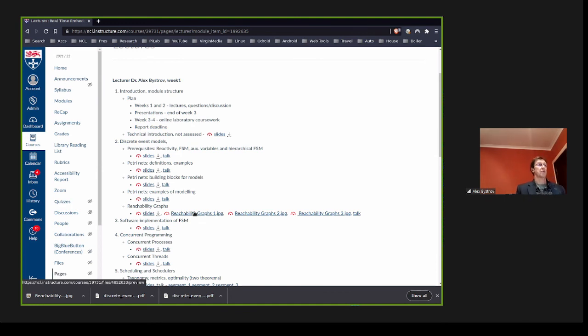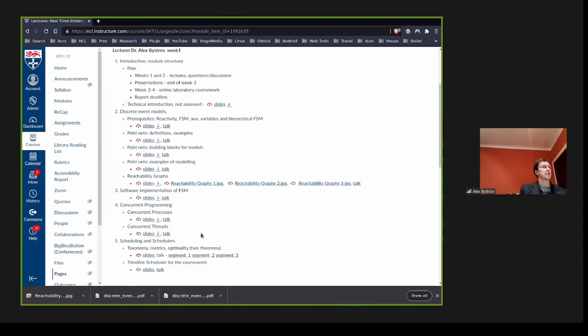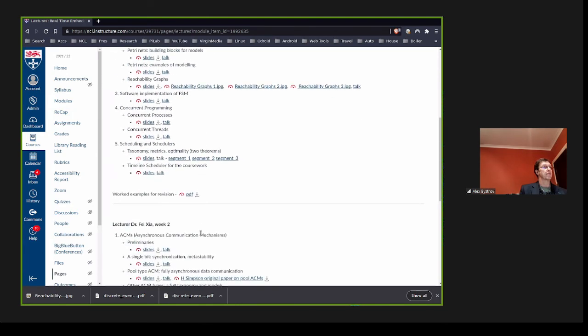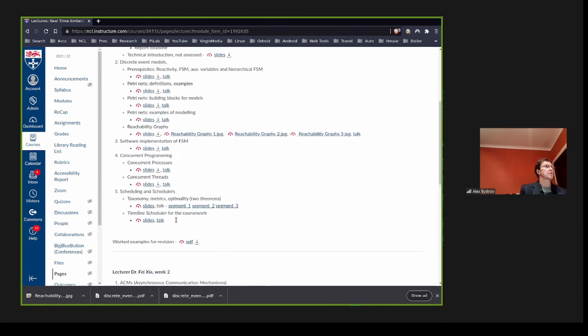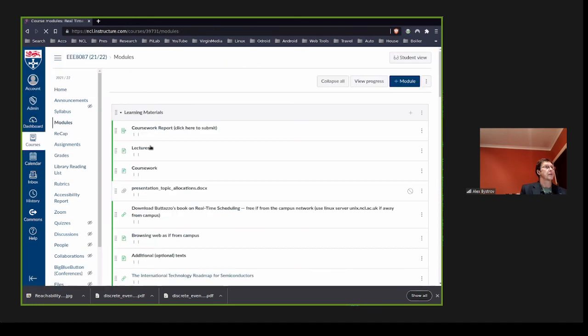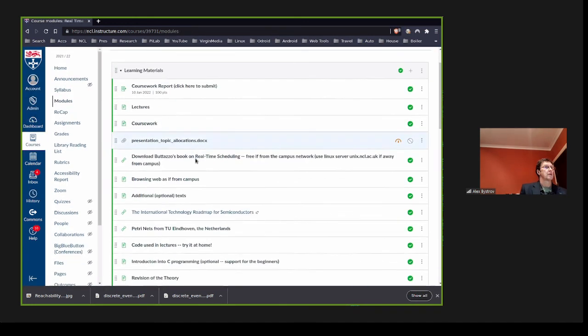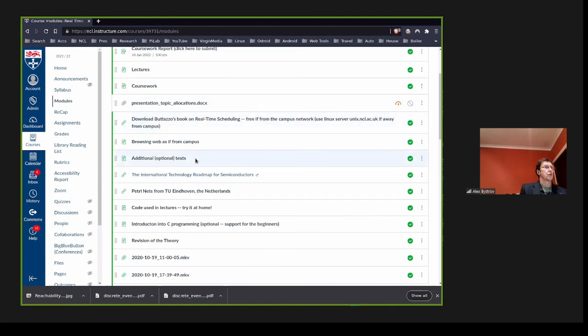I'm providing also the examples for the concurrent programming, and the examples are somewhere here. Code used in lectures, try it at home.